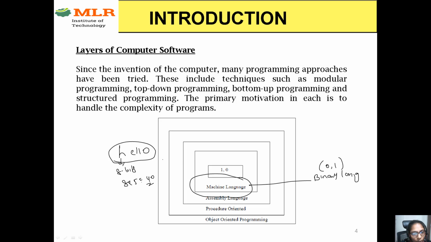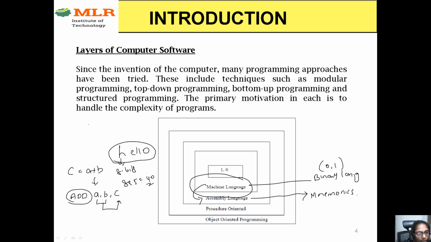But here we cannot remember the code, the complexity is more in the machine language, that's why they came with a new language called assembly language. In assembly language everything will be in the form of mnemonics. For example, I want to perform an addition operation. Instead of writing the statement in machine code, I can write the statement like this: add a comma b comma c. That means a plus b will be added and the result will be stored in c. And here add is called one mnemonic.